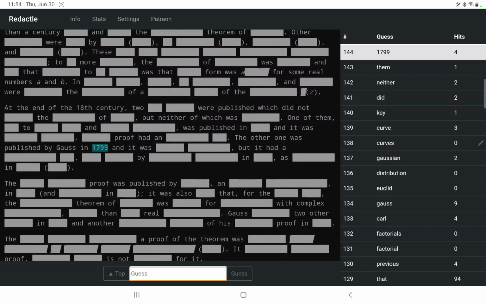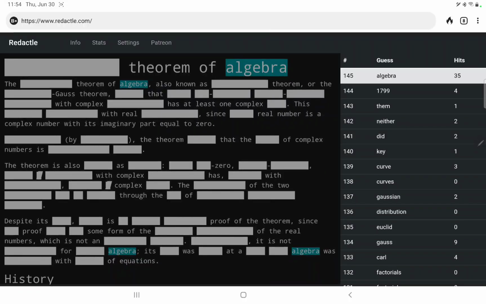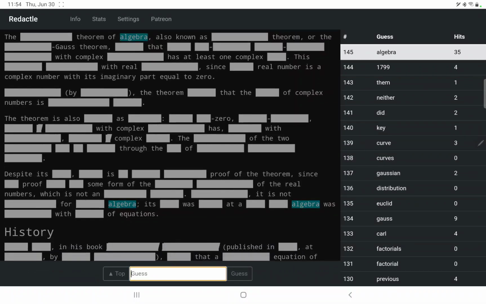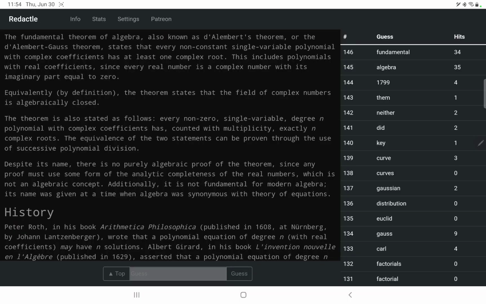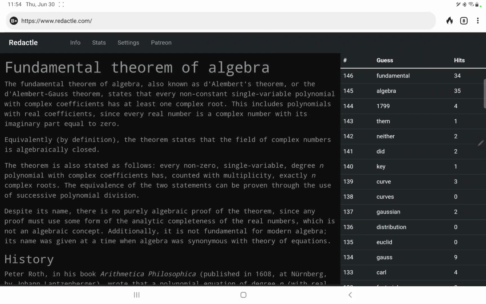Okay. So let's see, on the fundamental theorem of algebra. So let's try algebra. 35, and algebra has 7 letters. There we go. Oh, and yeah, the title there, fundamental. How about fundamental? There we go. Also known as D'Alembert's theorem or the D'Alembert-Gauss. Oh yeah, I see that now in the Google result I'm looking at. So I did have to cheat. I did have to look up the name of mathematicians.